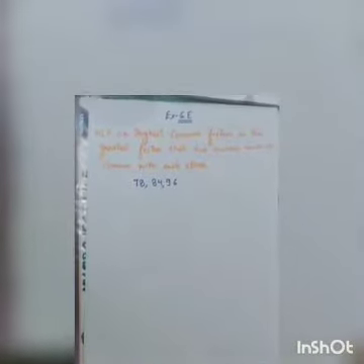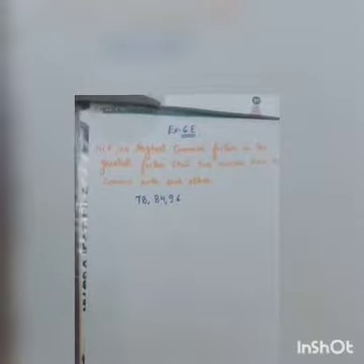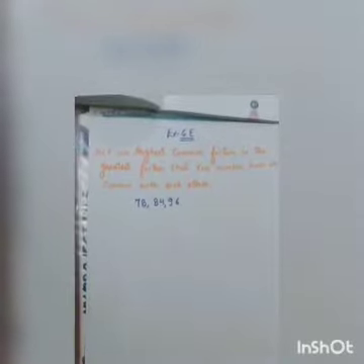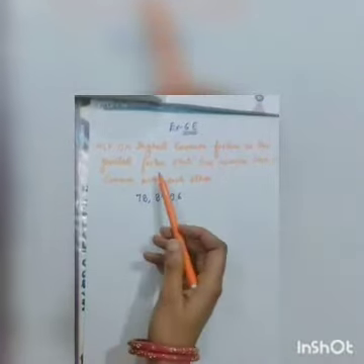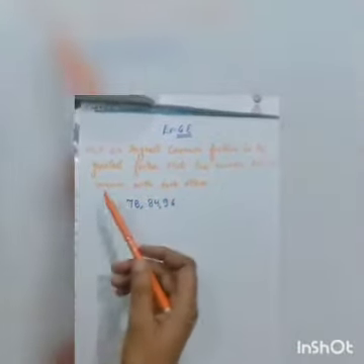Today I am going to tell you about HCF by prime factorization method. You can open page number 81 in your book. Okay. Now I will tell you what is an HCF. HCF, or highest common factor, is the greatest factor that two numbers have in common with each other.